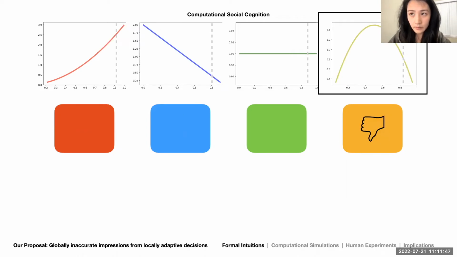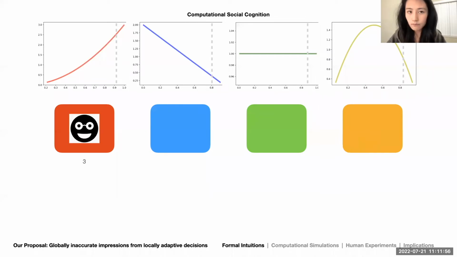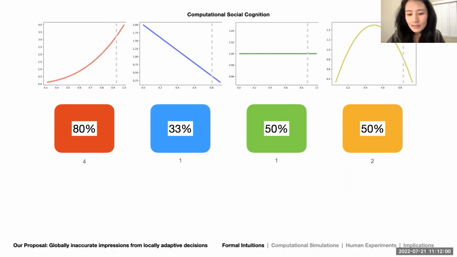Thumbs down, update per impression. Now, it seems like red is helping me more, so I may just want to switch back to red. How about let's do that? Thumbs up, awesome. Try again, thumbs up. Now, in the end, we will probably form this kind of impression that red helped me the most. Then I think maybe red is probably warmer than other groups.